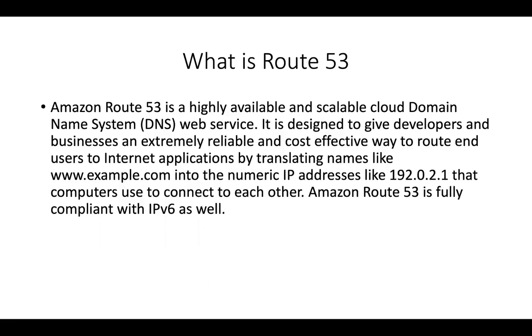The basic translation explained here is translating www.example.com into a numeric IP address. That's the simple routing policy, and we will be looking at such use cases when we work with our practical labs, right? It's also fully compliant with IPv6, which is great because AWS supports IPv6 for most of its resources, like load balancers or even EC2 instances that are spawned within the VPC and so on, right?